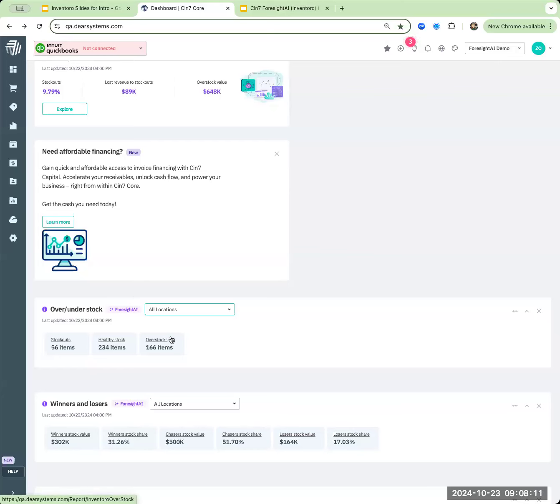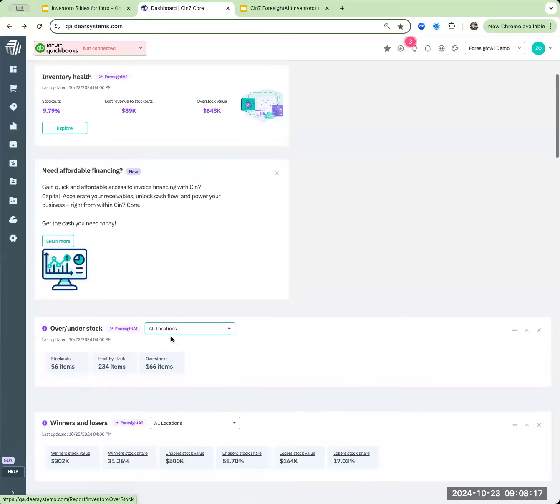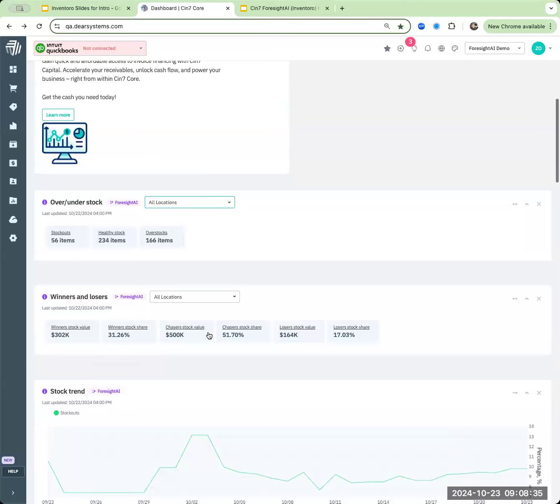And lastly, did you know that the average US retailer has only 63% inventory accuracy, mainly caused by human error? Again, if we're thinking about this inventory health overall and we're looking at these stockouts and these overstock, depending on what your current reordering strategy is, you may just be reordering on a certain cadence because that's what you're used to doing. However, this Foresight AI tool is very dynamic in what it's actually able to focus on